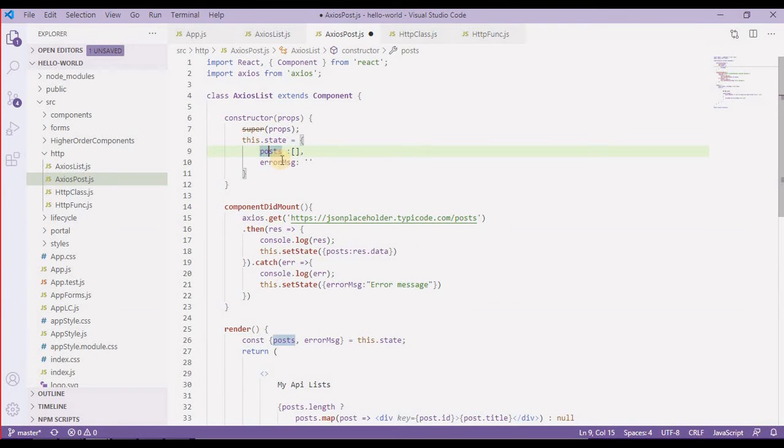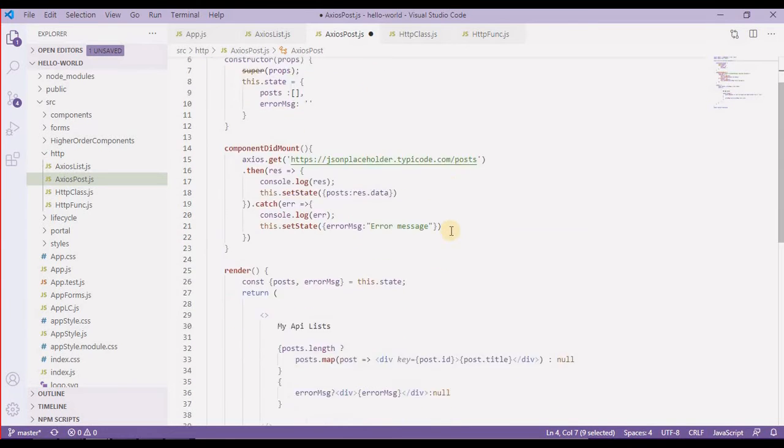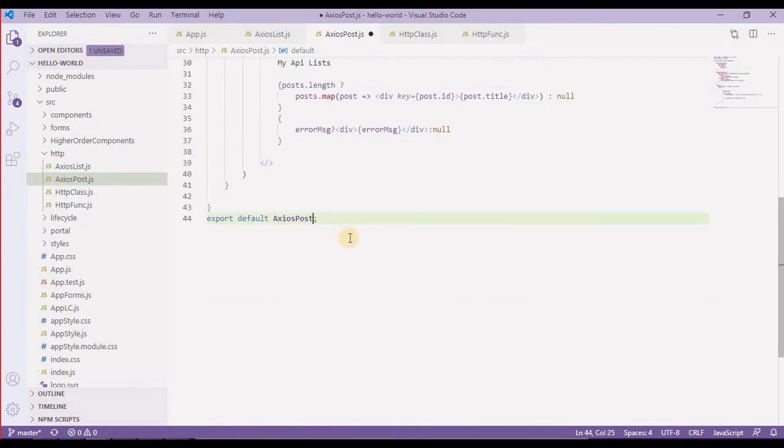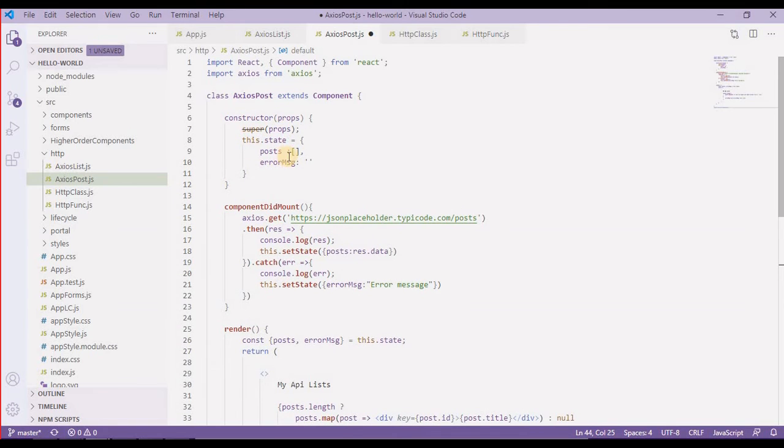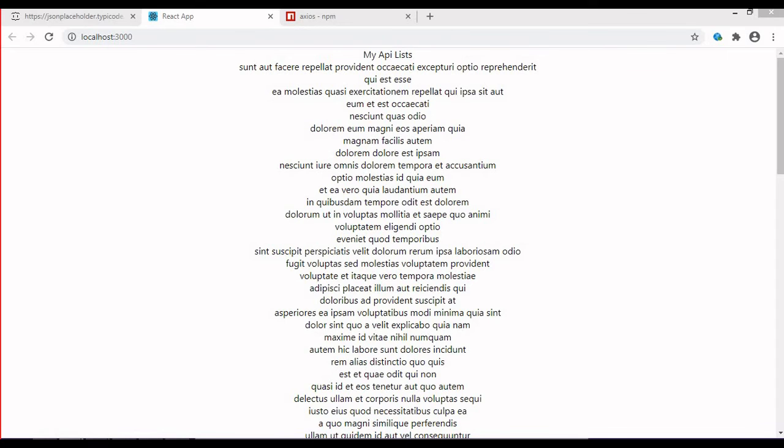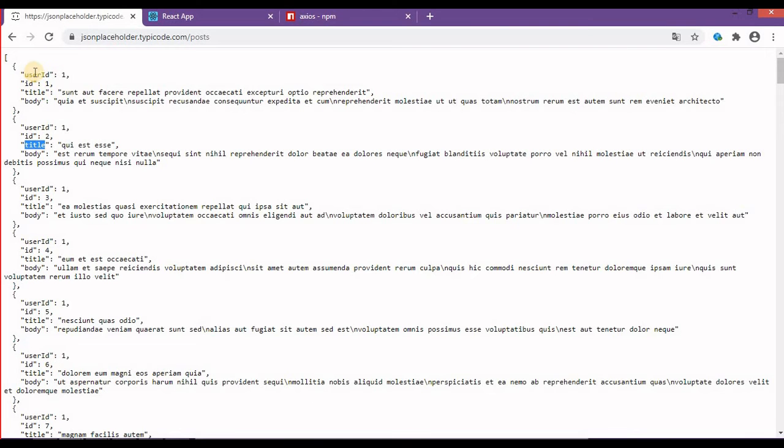First let me change this list to post. For posting, we are going to post a user ID, a title, and a body, as in our API. The ID is going to be created dynamically, so we are not concerned with the ID over here.